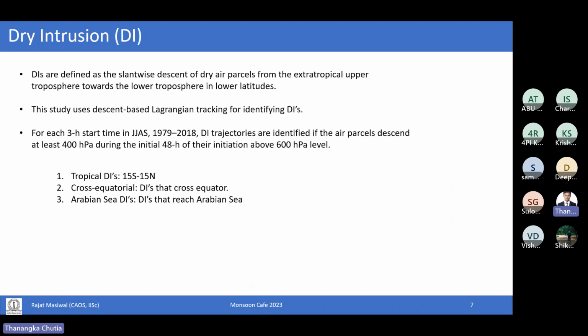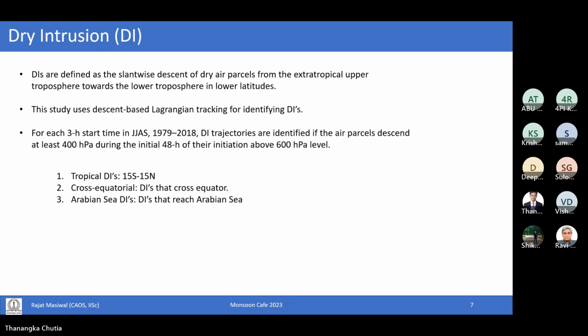So they will track the positions of all the particles as they move from the upper troposphere, where they have very low moisture, towards the lower troposphere. Along with moving downward, they will pick up some moisture. And the way they have done it is, for each 3 hour time during the monsoon months for the last 40